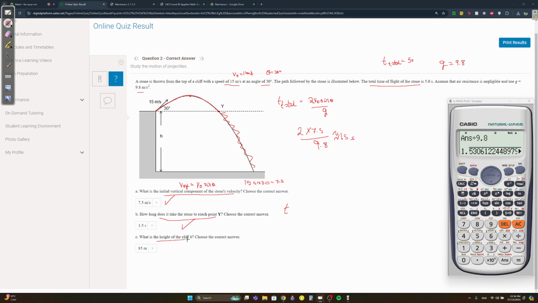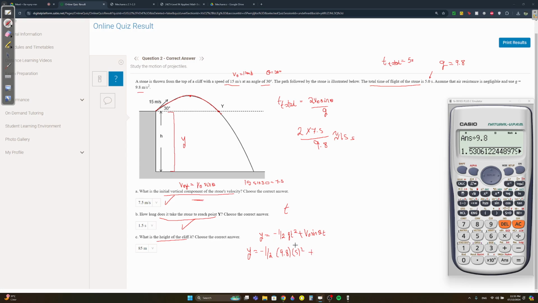Then they say, what is the height of the cliff edge? For the height of the cliff edge, you want to find the distance here, y, given that the total time is 5 seconds. So very easy. You should know that y is equal to minus half g t squared plus v node sine theta t. We have time, we have v node sine theta, we have everything. We can just solve it. So y is equal to minus half g, which is 9.8, t squared, which is 5 squared. We're talking about the total time for the whole motion, right? So now we look at the whole projectile,